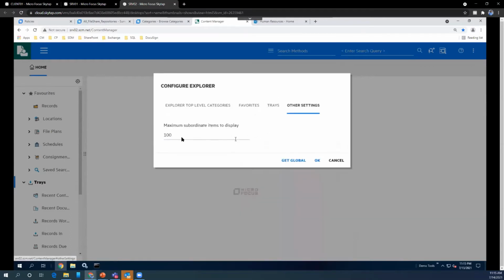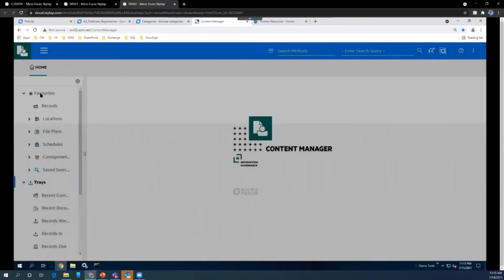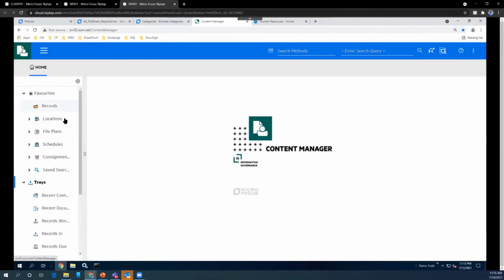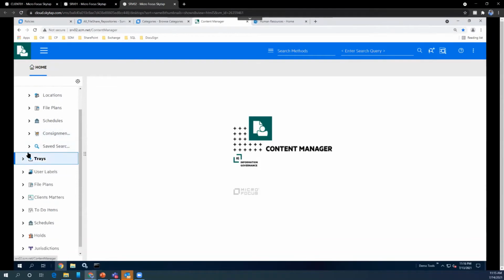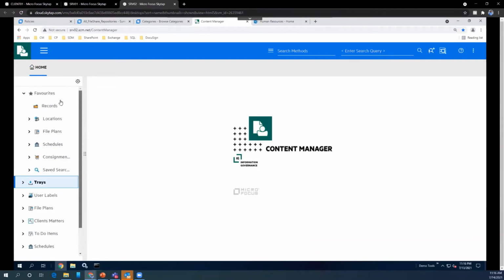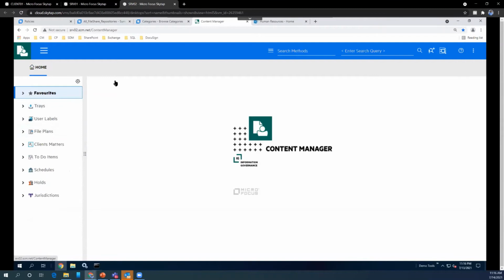Or in the other settings, you can define how many items you want to see. If there's a global standard, you can get the global standard, or your corporate standard of setting up this explorer. So this comes quite handy in a way that you can access and approach everything right from this screen.